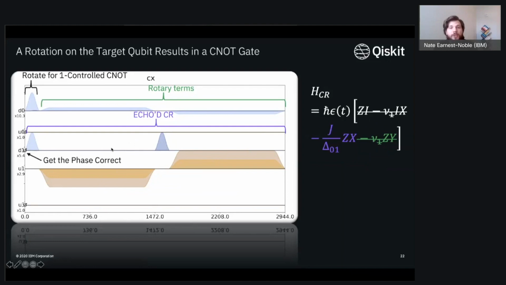I won't touch on it too much, but another very recent publication coming from IBM Japan was some work with a cross-cross resonance gate. So rather than driving one qubit at the frequency of the other, you drive both qubits at the frequency of the other. And in this way, you can actually implement a native swap gate in our hardware, which ends up being much more efficient than if you tried to do it with the C-naughts alone. So this now covers all the details in terms of getting this cross-resonance gate to be the ideal C-naught that you want.